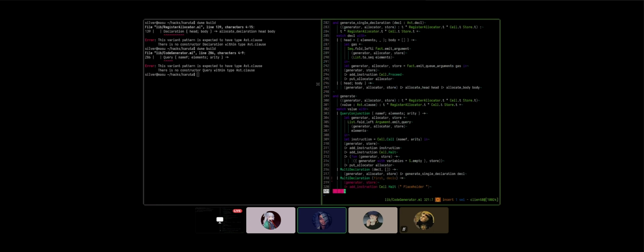Then you do another add instruction, and now we need to do something with the generator and the store. And now we need to do something about every other one, right? The other declares. No, this is the beauty. We can do generate single declaration.